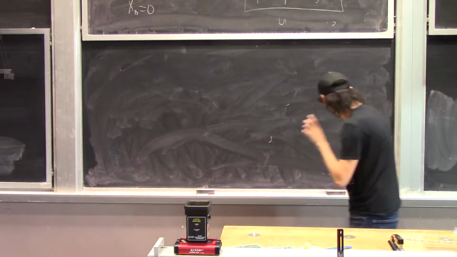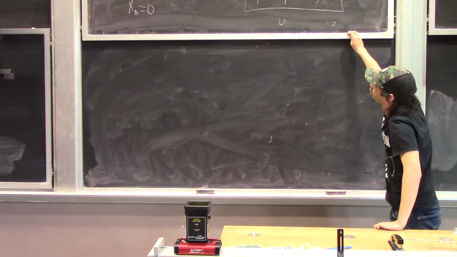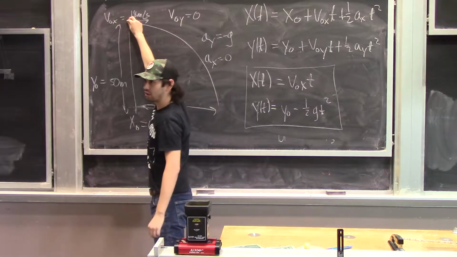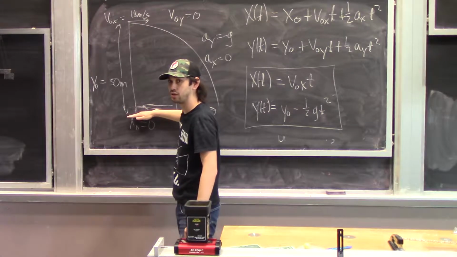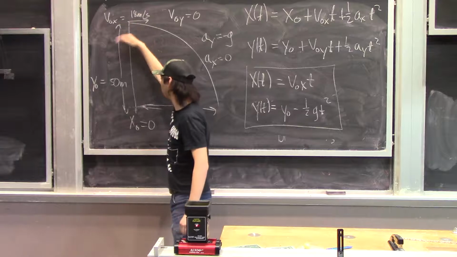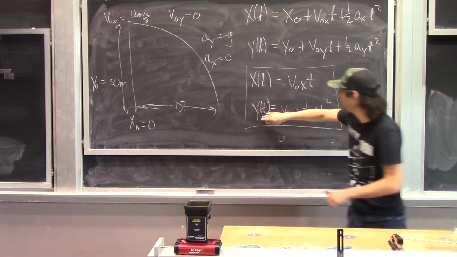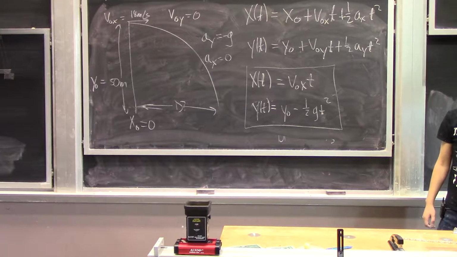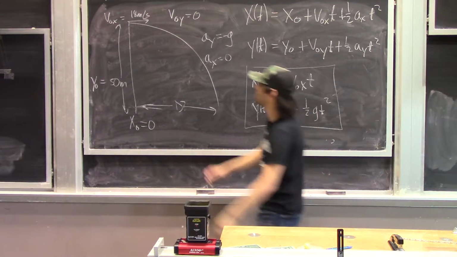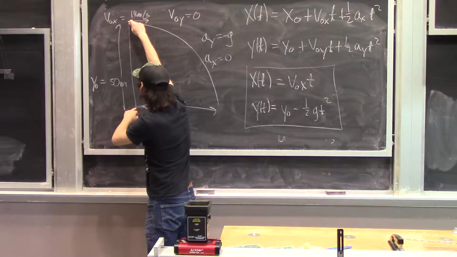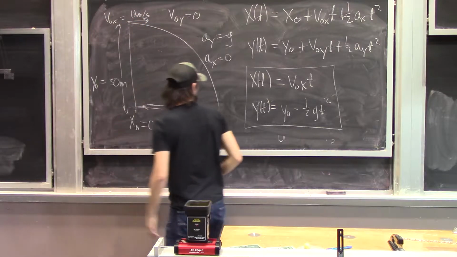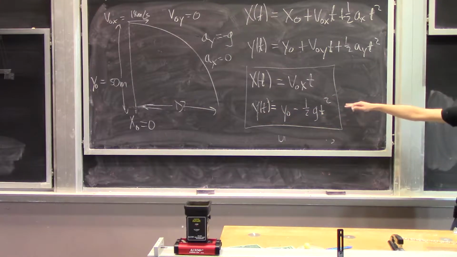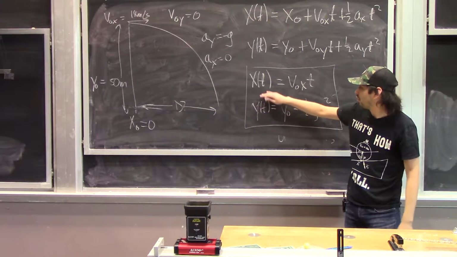So what we're trying to do is determine how long it takes for this to fall down to here. And falling down to here means that the position in y is what? It's 0, right? It starts above at 50, and it's got to get down to 0. So what we want to do is solve this equation for t when y of t is